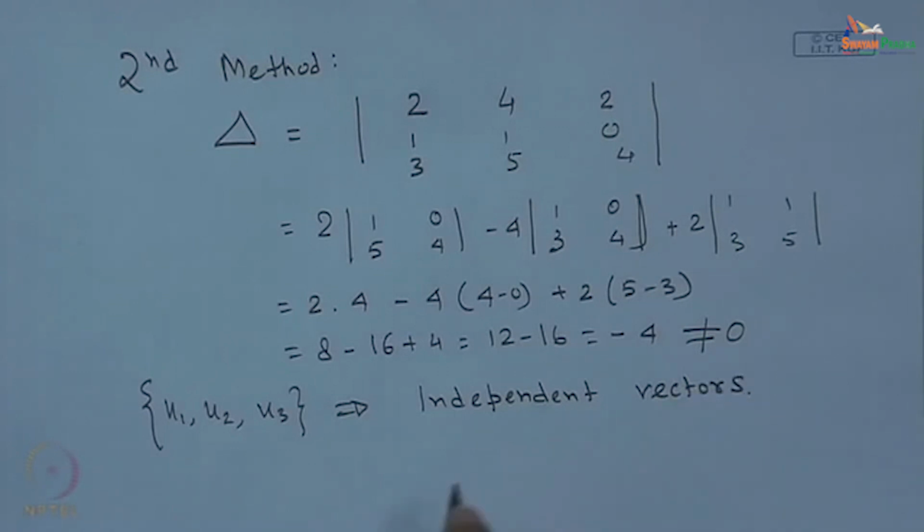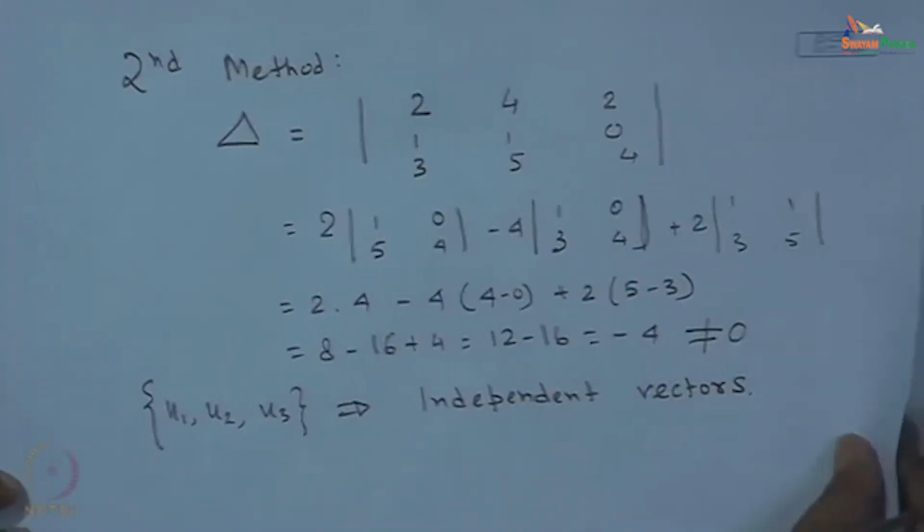Set of independent vectors. So, from both the methods we come to the same conclusion. Okay. Now, I have another problem,